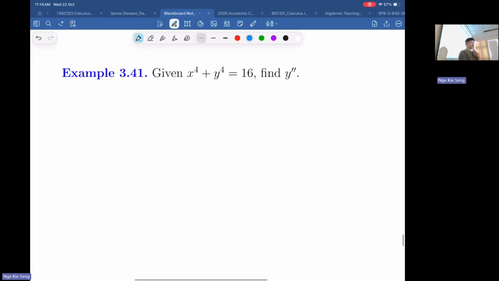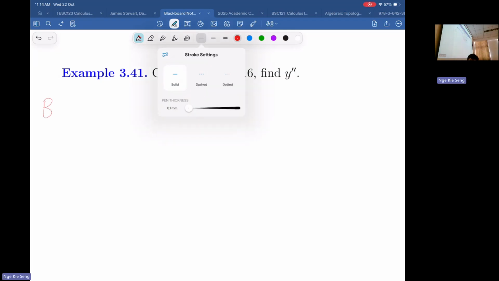How about this one? Maybe we can try this one quickly. The question here is you need to find a second derivative. So what should you start with finding? To get the second derivative, what should you get first? The first derivative. Okay, let's try this. Can you quickly get the first one? You quickly do it.